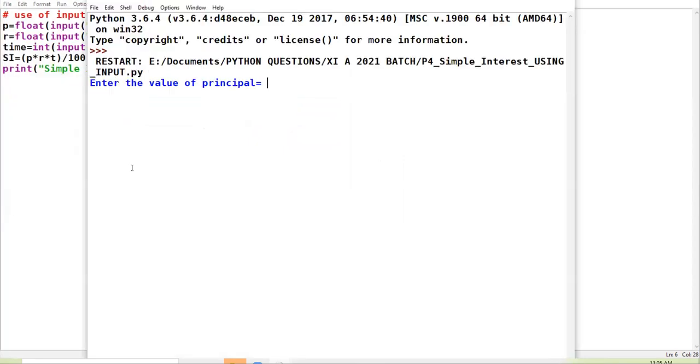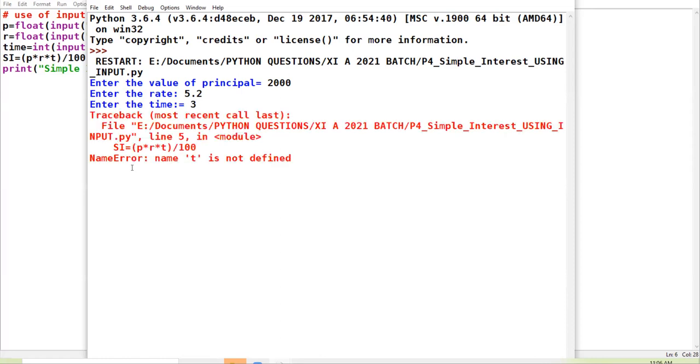Enter the value of principal 2000. Enter the rate 5.2. Enter the time 3. This is how the input will be asked from the user. I am typing all these values from the keyboard. Enter. Name T is not defined.